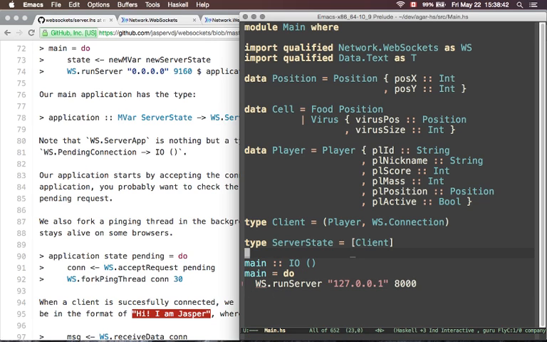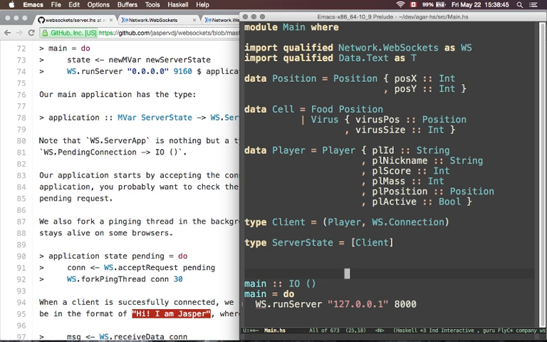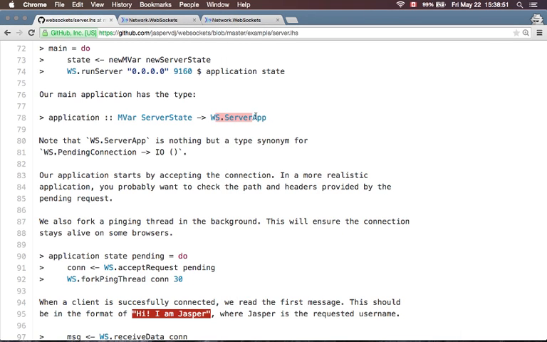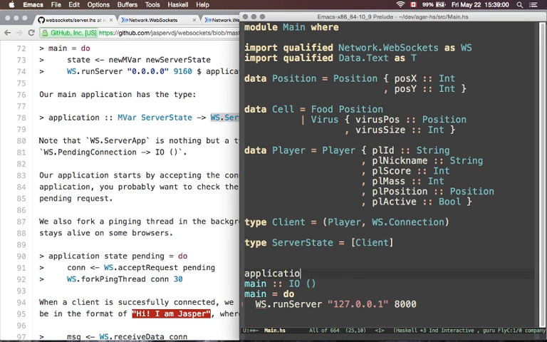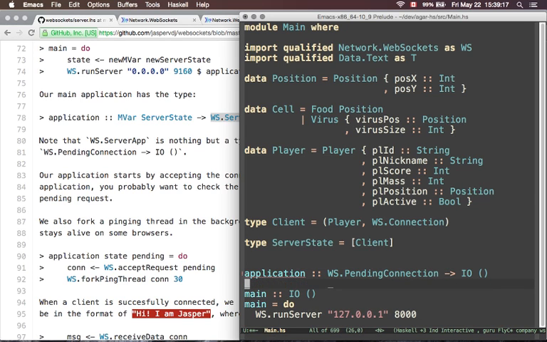I'm not fond of doing type aliases for everything, because I don't like going back and forth, since I don't remember what this is, but they've already specified it here. So I'm just going to do that here. Application takes in, I don't want to take anything. It's going to be a WS.PendingConnection and returns an IO. Okay, and application pending